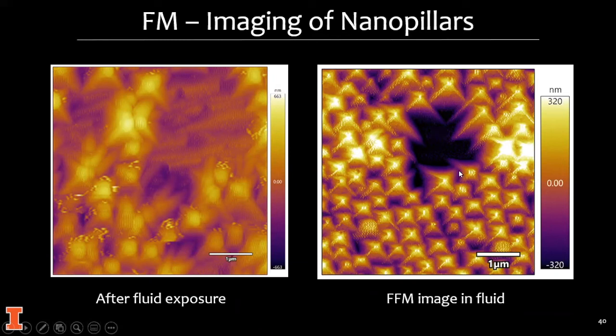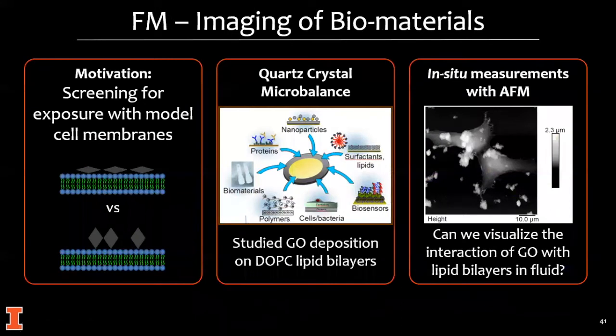So this is one easy example, and I want to show you a really complex example to really illustrate the power of this technique for, once again, looking at these nanoparticles such as graphene oxide and these thin biomembranes. So this is an example of some work I did at the EPA, where they were looking at screening methods for exposures. So if you get exposed to nanoparticles in such as an aquatic environment, what would happen and how can we easily detect that? And so they were using the quartz crystal microbalance for this technique, which uses a sensor,